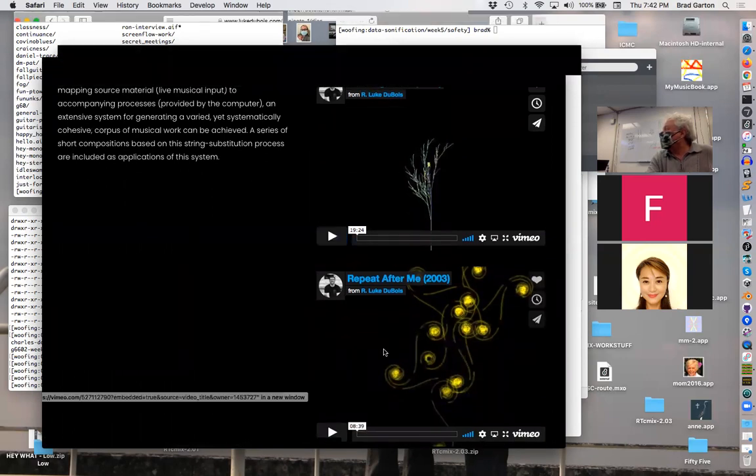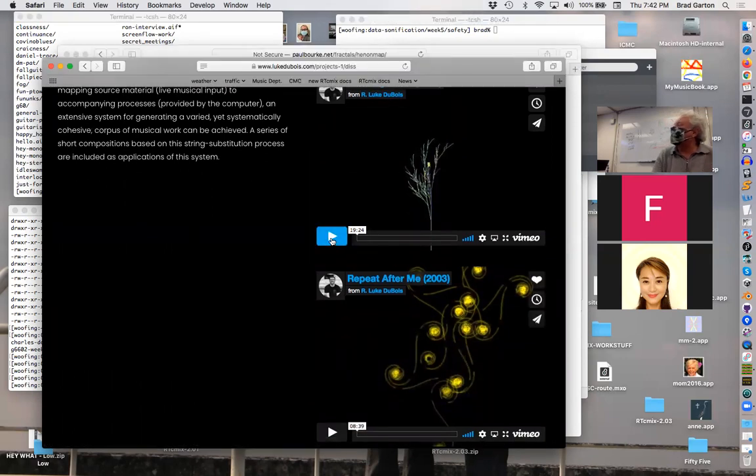And this is one of the pieces. He did a number of pieces with it. And this is one of the ones that he wrote for a guitar. This is a synthetic realization, so the guitar is going to be very mechanical sounding, but you're going to get an idea of what it